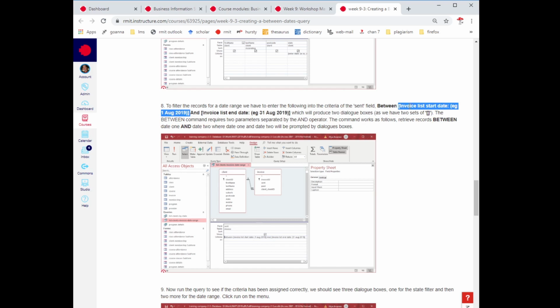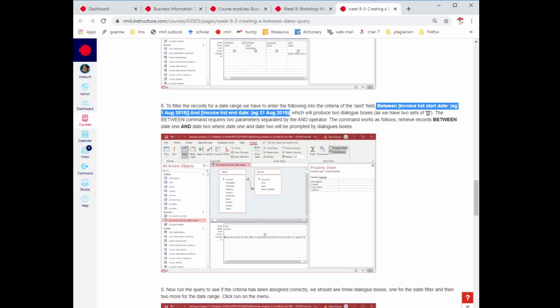So one date entry, the first date entry will be a prompt, and then another square brackets, which means we're going to have effectively in this criteria two dialogues being prompted for us to enter data. Okay, all right, so what I'm going to do is just copy that,